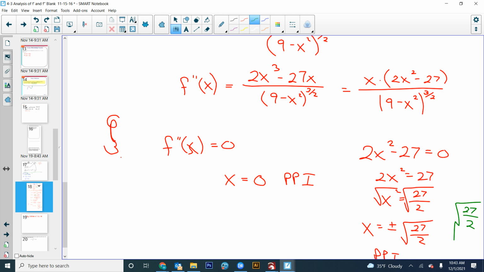More than 3. Okay. How about negative square root of 13 and a half? Less than -3. Are those on the domain of F? So they can't be points of inflection. We don't need to test them. We don't need to put them on our number line. Okay? That saved us a little bit